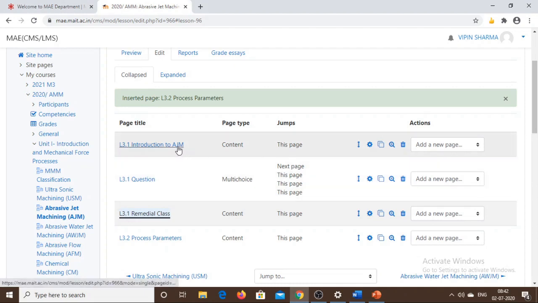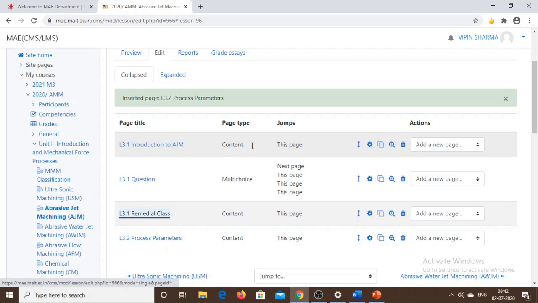After going through this lecture, the student should go to the next question page, and if the student gives a correct choice, then the student will bypass the remedial class lecture and go to 3.2. And if the student answers the question wrongly, then the student will be taken to the remedial class, and after the remedial class, he will go back to the question page. Okay, so this is how the flow of the learning will go.